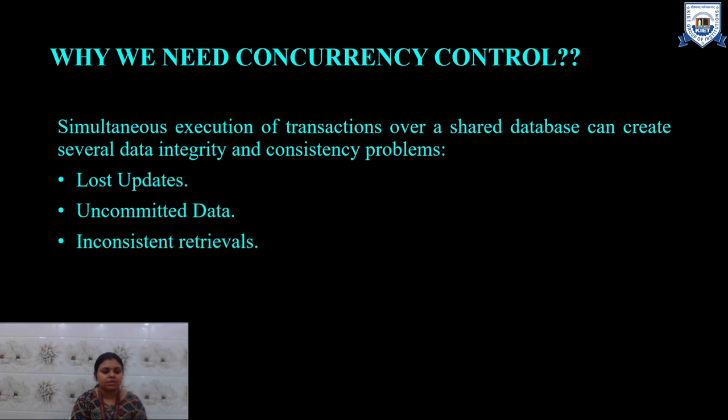Now atomicity says that only one transaction is allowed to execute at a time, only one. So it is one to one. Consistency means that at the start and at the end of a transaction, the data should be consistent. Isolation means when a transaction is executing, it should not get interrupted by other transactions. And durability means whenever a transaction is executing and in between there is any power failure, the system should be able to persist all the changes in the database.